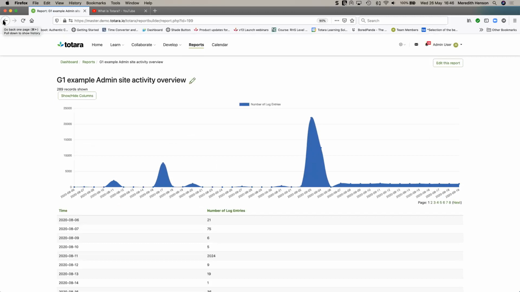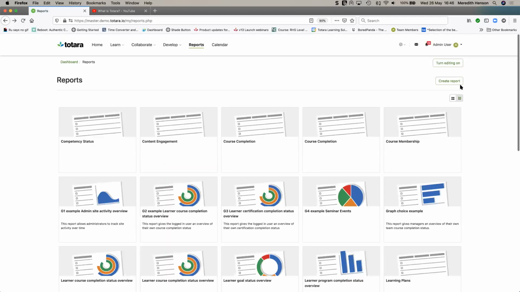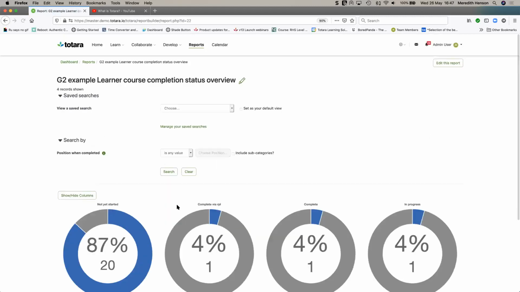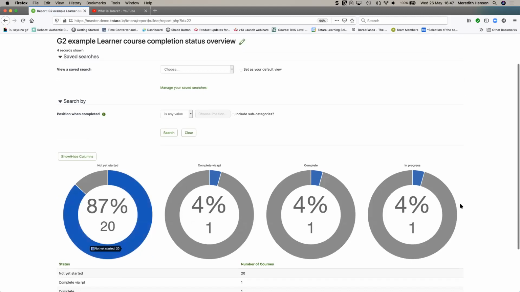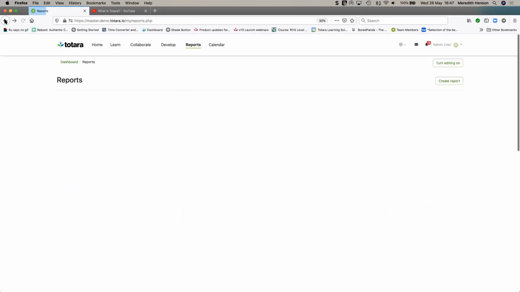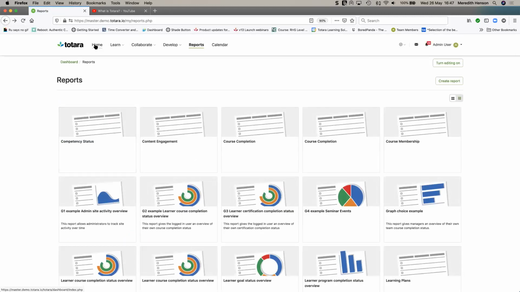You can edit these reports. You can see that there's an edit report. So even after you've created a report, you can make tweaks and changes to it. And you can embed a range of graphical reports into these, whether they be area graphs, bar graphs, horizontal bar graphs, pies, donuts, status donuts, a range of different display types if you're running numerical data. And that allows you to create quite a range of information.